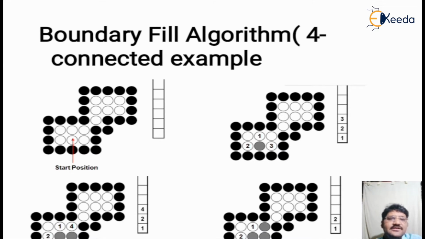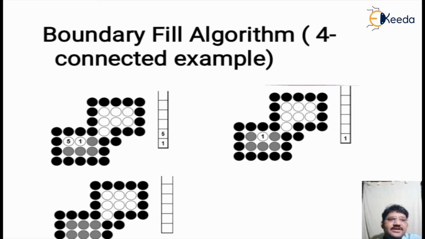After that, we identify the 4 neighbors of pixel 3, which is 4. This 4 will be stored in the stack. Now the top element will again be popped from the stack and that pixel set. So we set pixel 4. This process continues till the stack is empty.